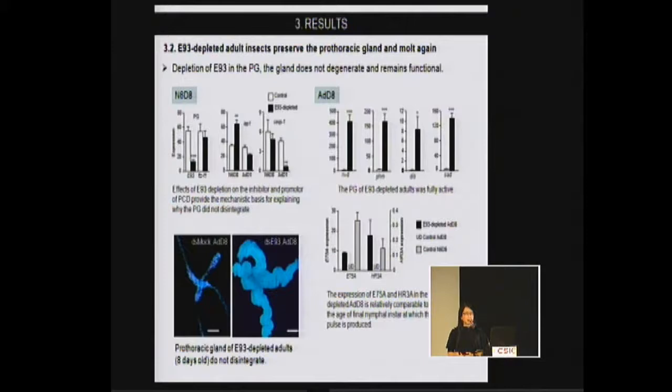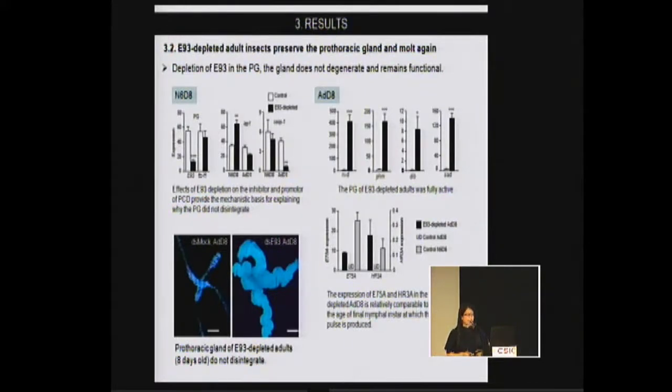And we found upregulation of IAP1 in NIM6D8, but for caspase1, the effector caspase, we found downregulation of this gene on adult day 1. So these results already explain the reason why the gland did not disintegrate